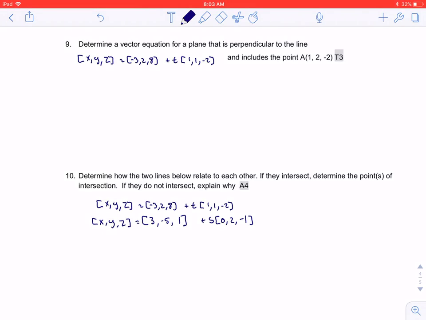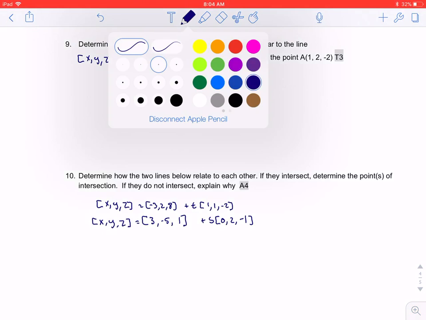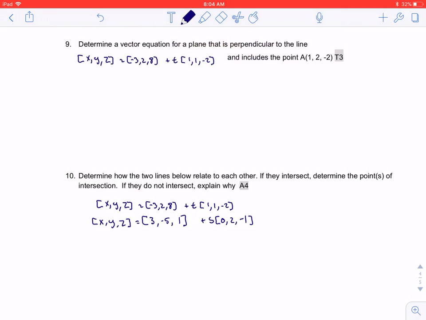Number 9 is asking us to determine a vector equation for a plane that is perpendicular to this line and includes the point. Okay, so if it's perpendicular to this line,